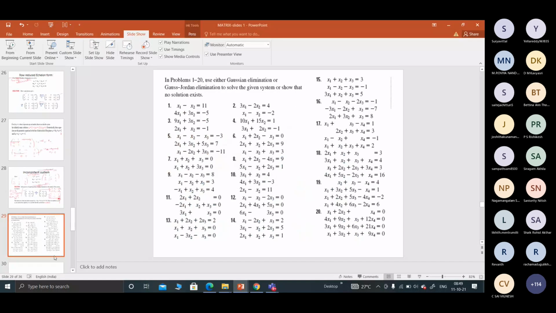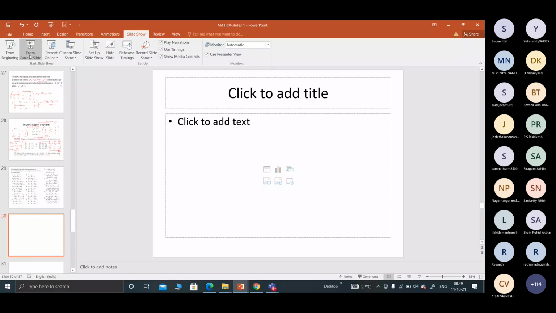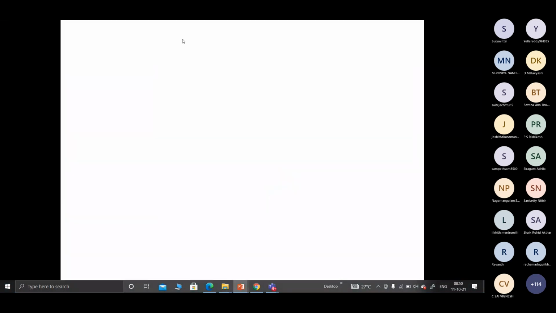Just a minute. I will add one slide. Tell me what is the system. Just read it from yours. So, what is the system? You are telling the matrix. The augmented matrix. 11th one, no? 11th or 12th? 12th question, sir. Okay. Tell me.